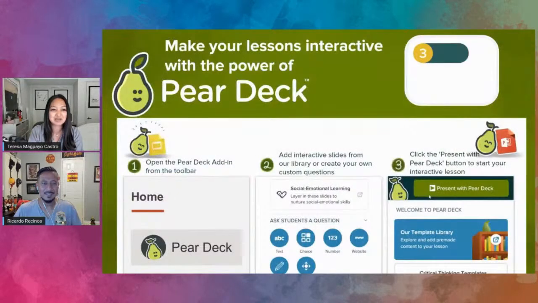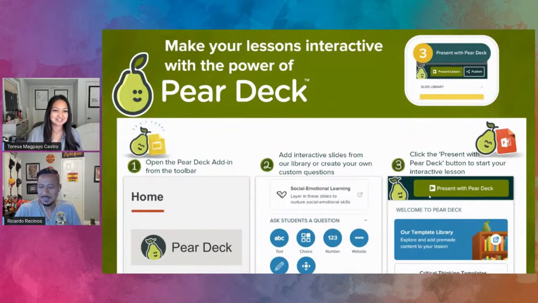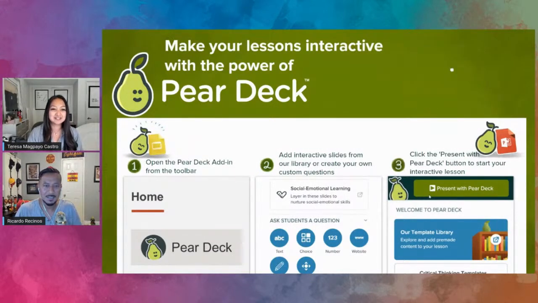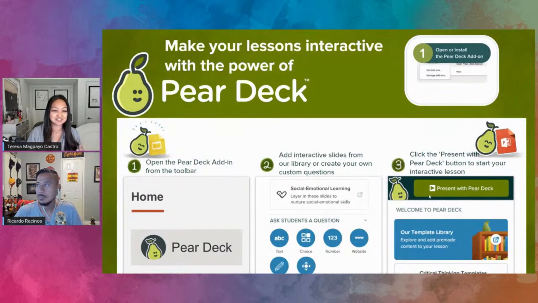So what is Pear Deck? I know a lot of you have heard about it before. We're going to show you all the things you need to get started with Pear Deck. What it is, it actually makes your lessons interactive. So whether you're using Microsoft or you're using Google Slides, you can turn your existing material into interactive slides to